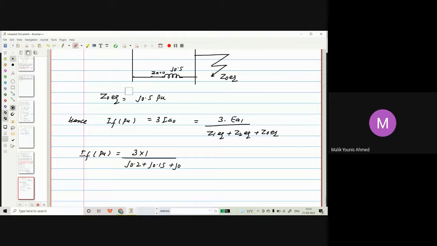J.2 was 1, so this is J.5. So we are getting 6 at an angle of minus 90 degrees. Only the magnitude we have to get, and that magnitude will be 6 per unit. So this was the answer. And if somebody wants to do it another way, he can draw the networks in other ways also. He can simply draw the 3 parallel networks and write it down. That can also be done. There's no problem at all.